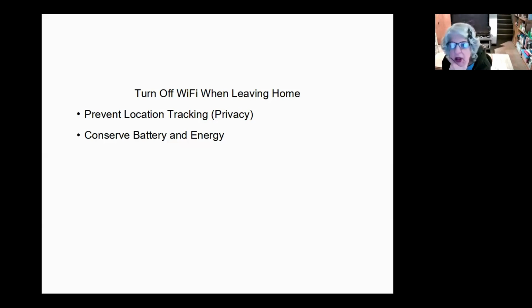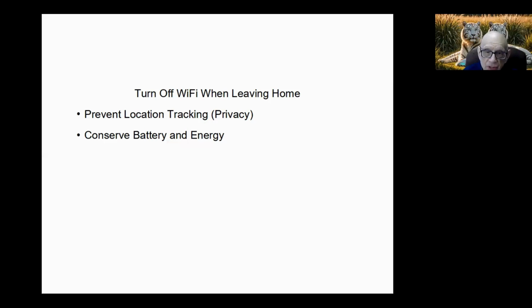Again, how do you turn off Wi-Fi? Again, you just go into settings. In my case, it's a swipe to get access to it. I can't show it to you, but I'm doing it right now. All I do is swipe down on my phone, and I have either data or Wi-Fi that pops up right away.